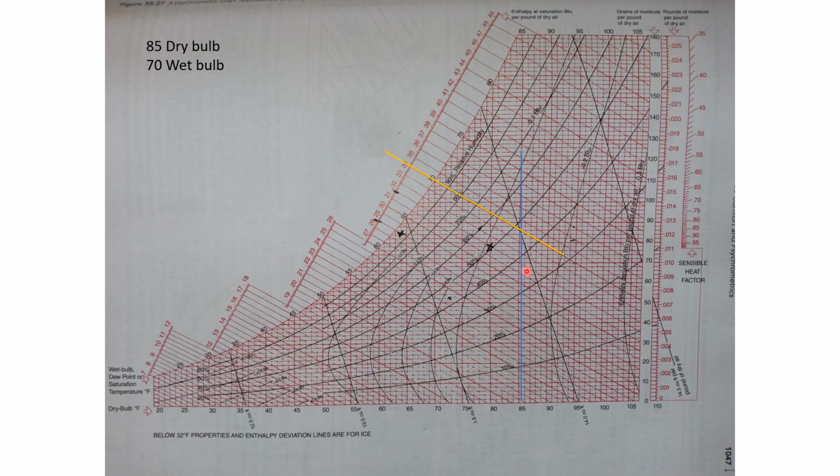Okay, so here we go. We plot our 85 dry and our 70 wet. Now remember, you didn't even have to do the dry. All you have to do is just the wet bulb. Save you a little time there. So 70 wet, go all the way out to here, and you're going to be somewhere around 34, right? That's fine. And then we plot the other one, which once again, you didn't even have to do the dry, just do the wet. We go all the way out here to somewhere around 31. So what's our change in enthalpy? From 34 to 31. 34 minus 31 is 3. Not a big deal. Not a big deal at all. So let's see what